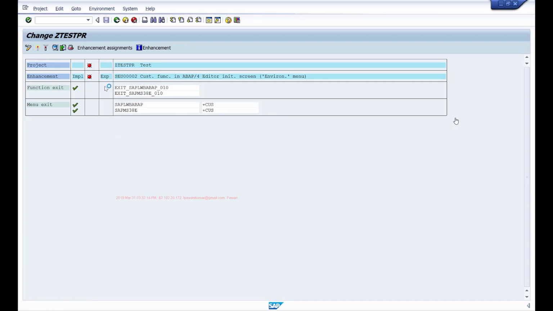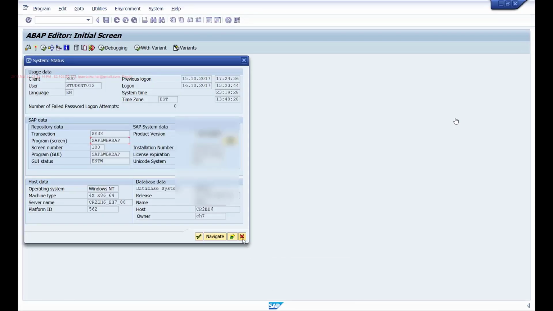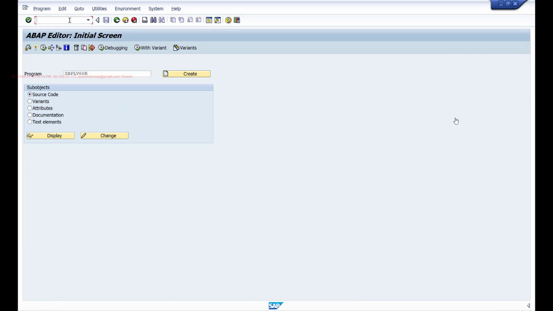It will activate the enhancement. So everything turned to green. That means this is activated. Now if I load this SC38 transaction, you can see it is compiling because we made the enhancement.